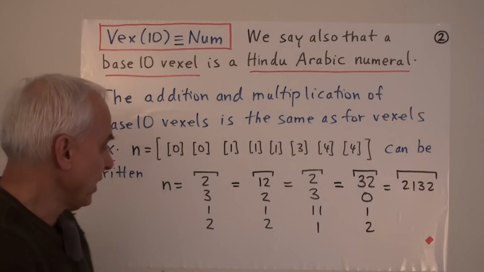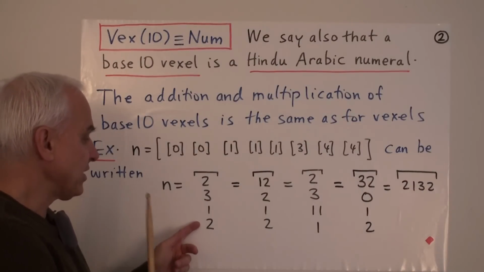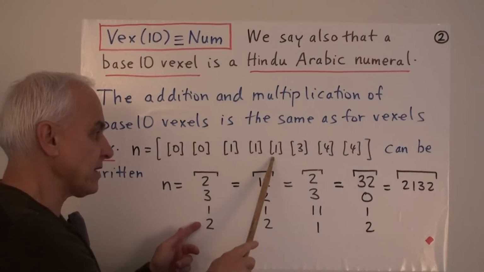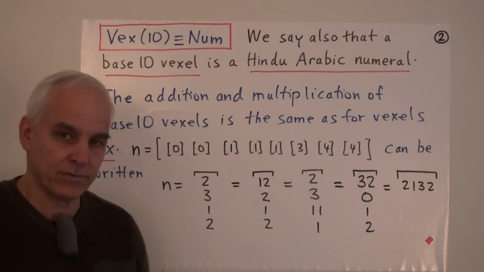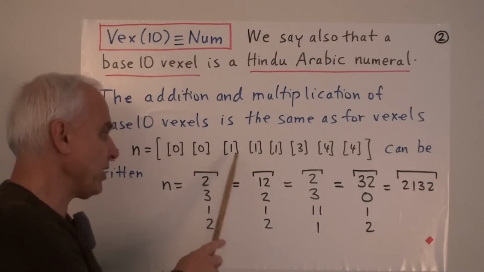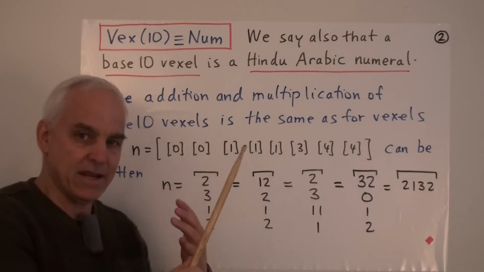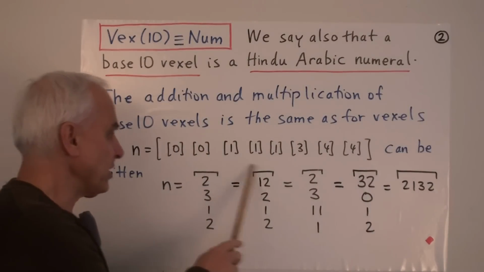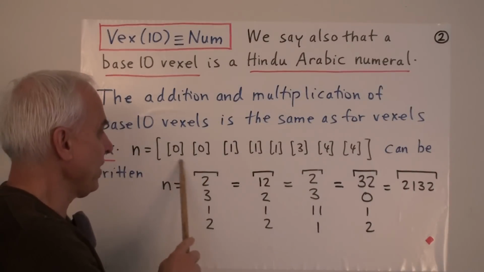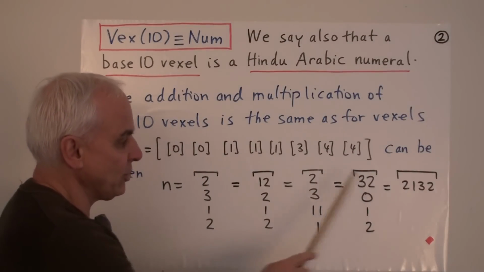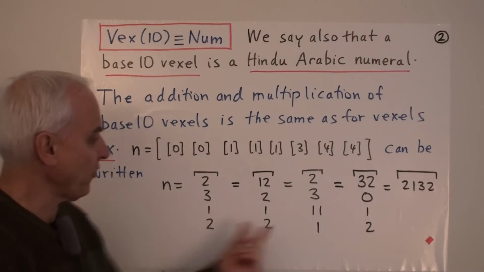Another thing that we could do, starting again with this, is to take these three ones and convert them all into zeros. So each one of them would be converted to 10 zero singletons. So the three altogether would give us 30 to join with these ones, giving 32 zeros. So this is also equal to this.